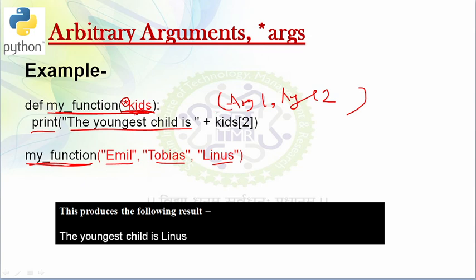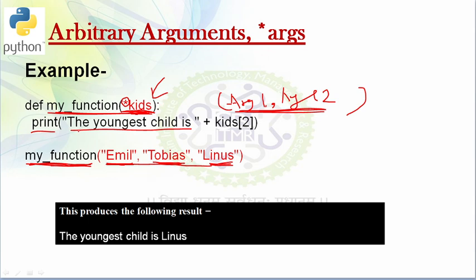Since I am not sure, I have used the asterisk mark before my variable name. In my calling statement I am passing 3 strings to my function: Emil, Tobias and Linus. When I pass these 3 values, all of them will be copied to this parameter.